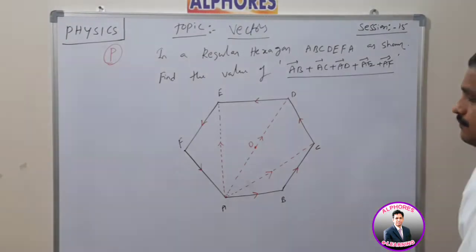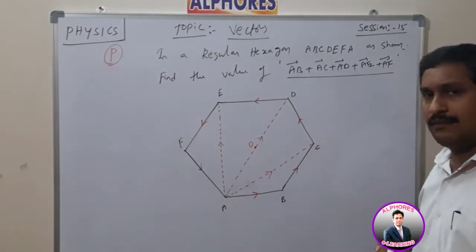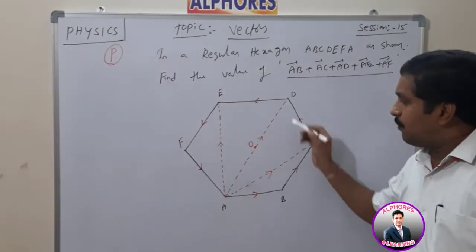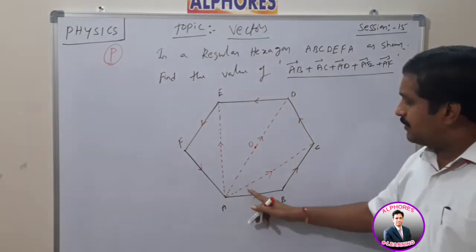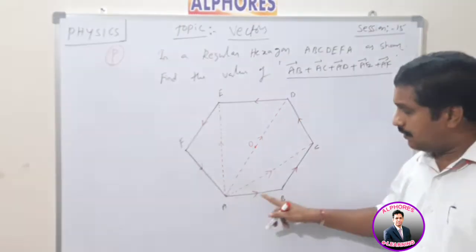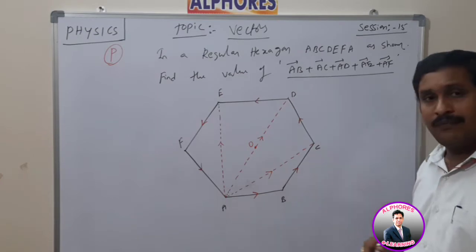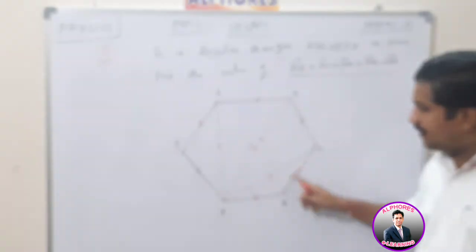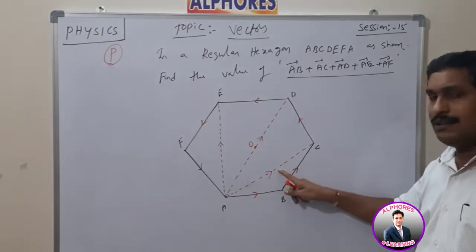Okay, now listen carefully how to find this. Add these vectors according to the parallelogram law and polygon law of vectors. Now this polygon contains 6 sides. As per yesterday's example, what is the value of AC bar here? AC is the sum of these 2 vectors according to the triangle law of addition of vectors. According to the triangle law, AC is the sum of AB bar and BC bar. That means AB and BC are taken in the same sense, the same direction, like anti-clockwise. The resultant AC is in the clockwise direction.